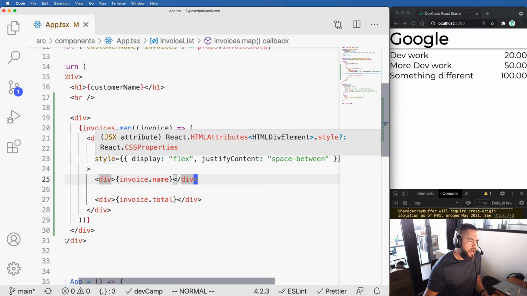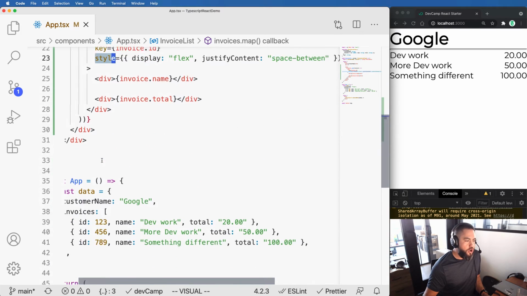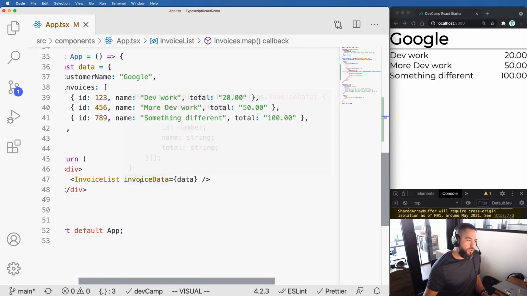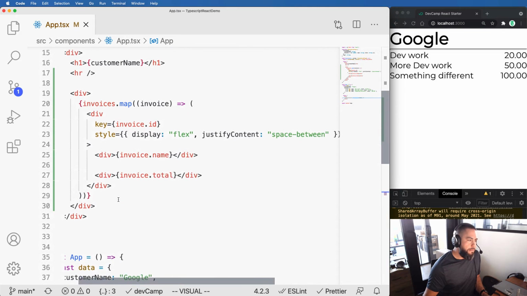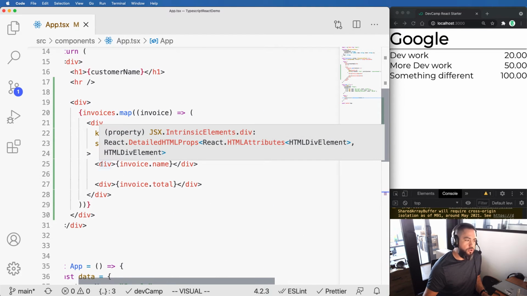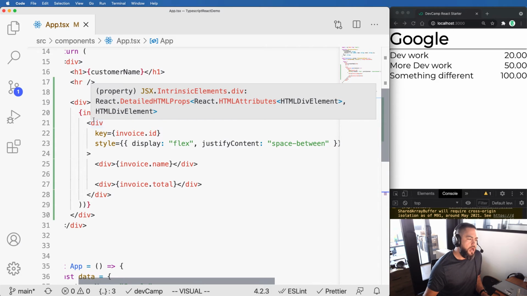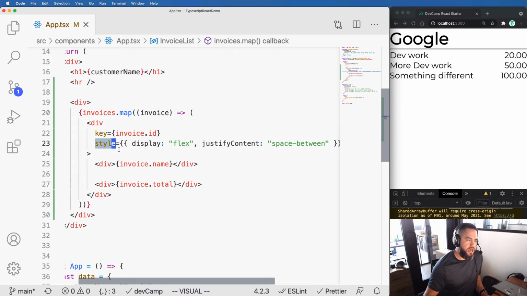Now, this guide is all about iterating over items, so I want you to focus on that. If you've never seen how React works with styles, though, this can give you a little bit of a clue on it. We're able to provide an inline style prop. So this is a prop, just like our key prop, just like our invoice data. The only difference is invoice data is one we made up, and we can make up our own props for our own components. But div is also a type of component. It's technically a function that we have,